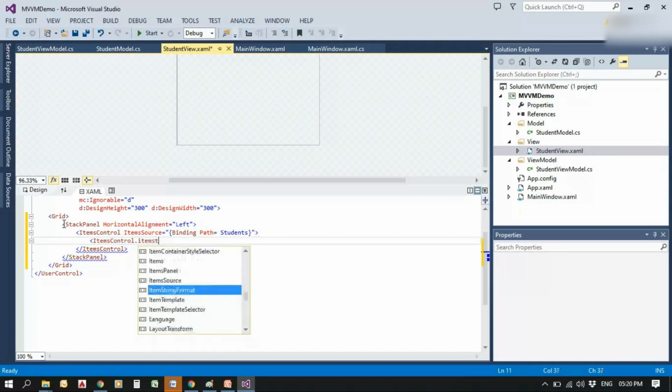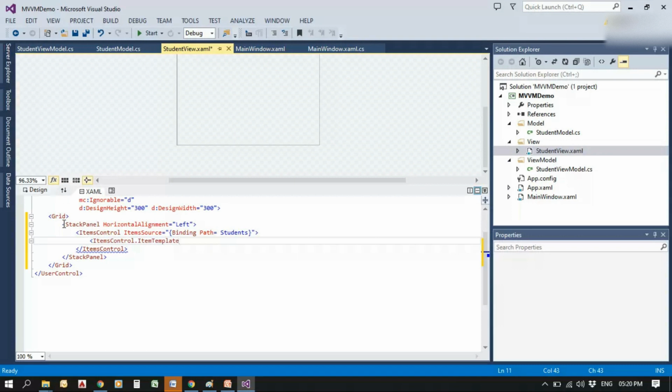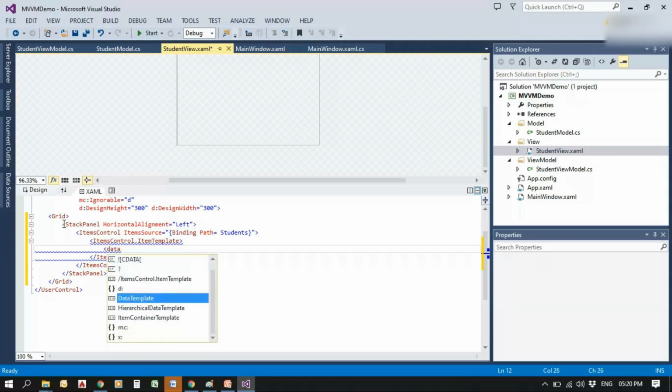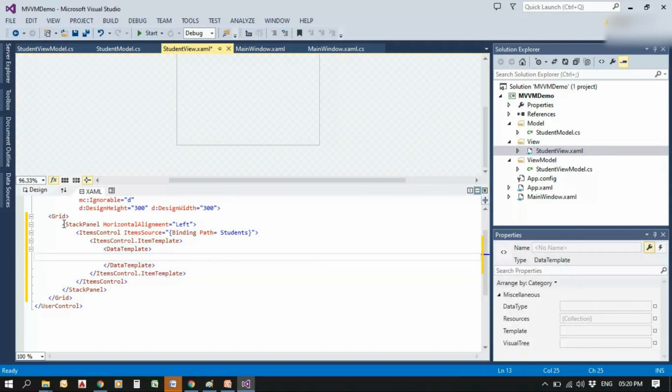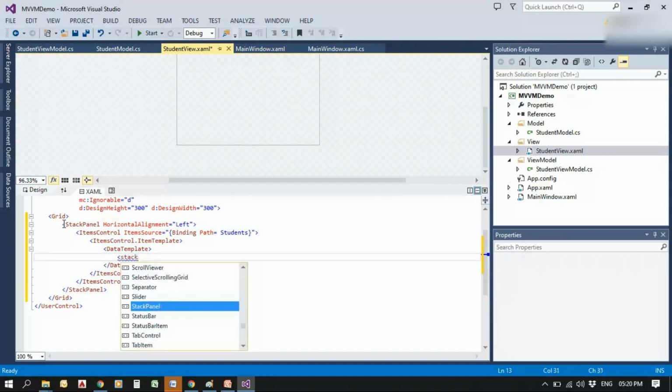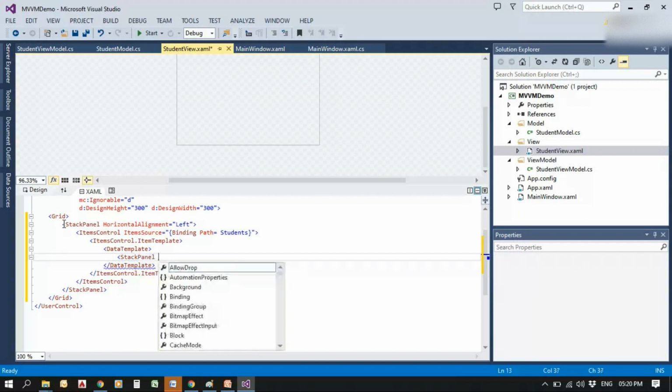Items control dot template, which is item template, close it, and inside that we will write data template, close it, and inside that we are going to insert our tools.